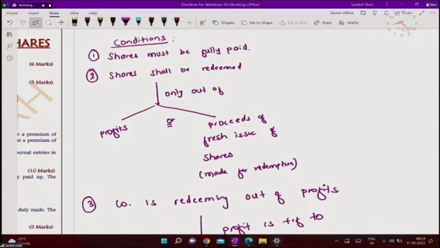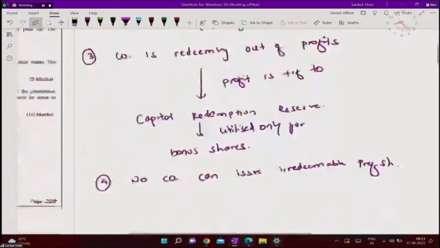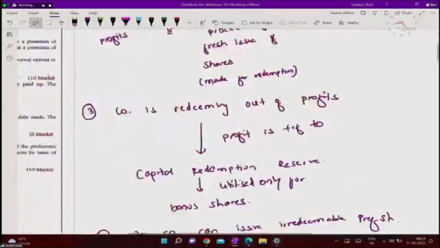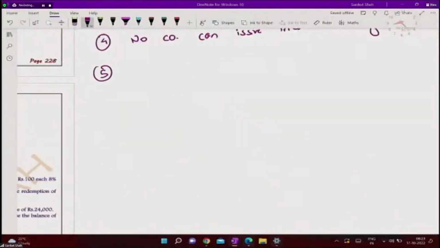Yes, beta. Premium on redemption can be paid out of profits or security premium. So this is not the company law provision. Premium on redemption. You can write last one. Premium on redemption